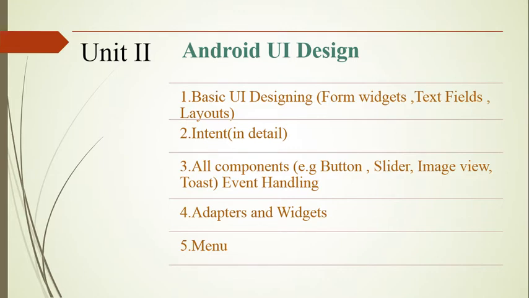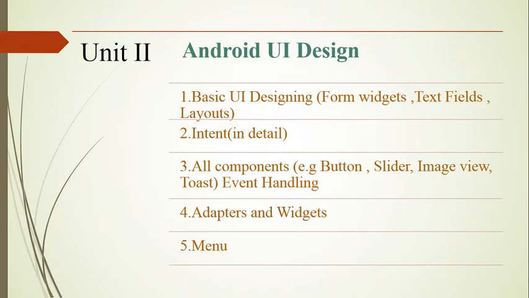In Android, a layout is used to define the user interface for an app or activity, and it will hold the UI elements that will appear to the user. Android layout types. We have different types of layouts available in Android to implement the user interface for an Android application with different designs based on our requirements. Next topic is intents. An intent is a messaging object through which we can request an action from any other component.